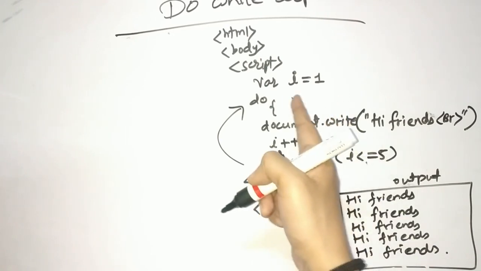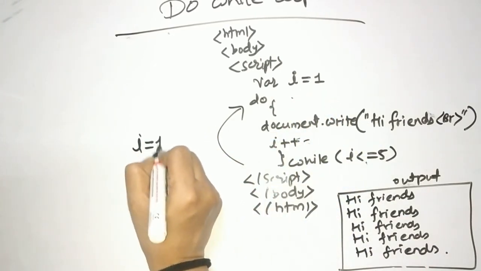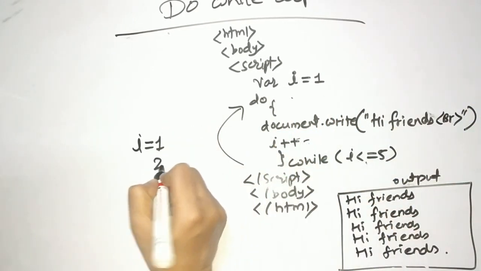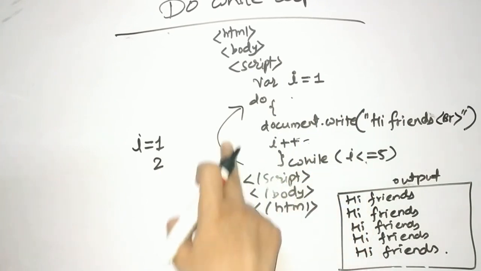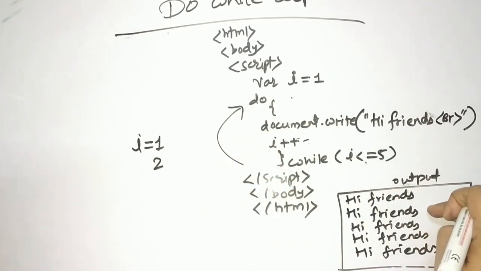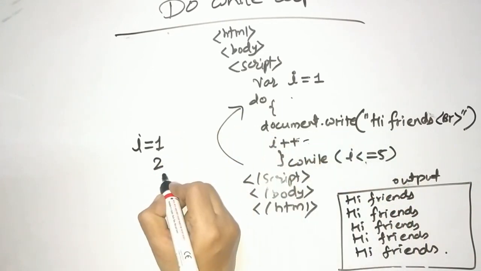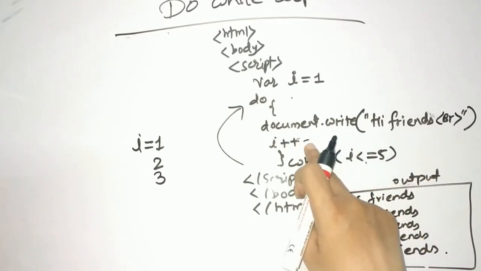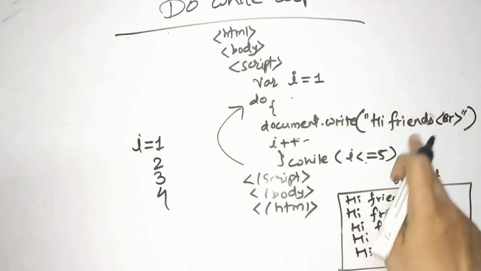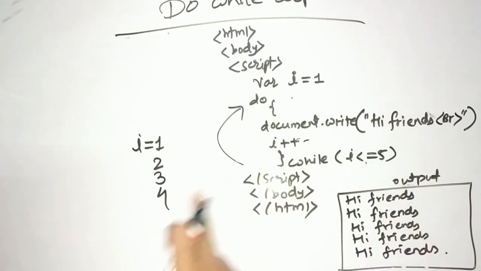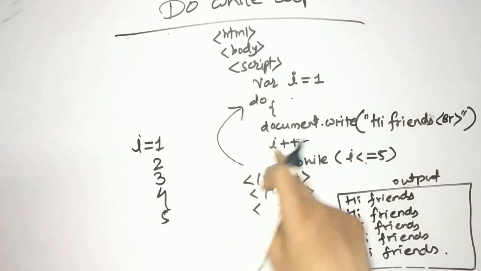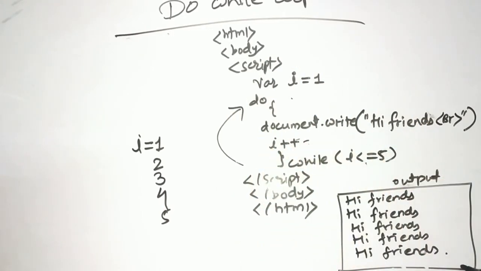So friends, note here, first of all, i's value is 1. So for 1 it printed and came here. Then i plus plus means i's value becomes 2. So for 2 it checked, went up and printed this. Then it becomes 3. 3 is less than 5, checked and printed this. And again it becomes 4. For 4 it checked and printed this. And now 4 plus 1 is 5. For 5 again it checked and came here. Now as it becomes 6, for 6 the condition is false, so it will not print. So in this way the execution goes for the do while loop.